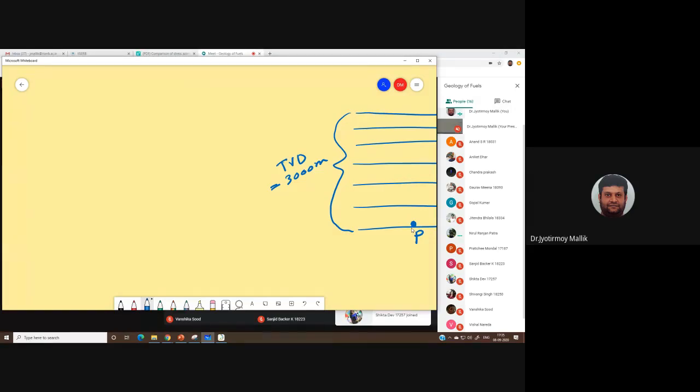For example, you are standing at a place, and for the sake of argument, I am putting one brick after another on the top of your head. I am not going to do it, but what would you feel? The weight of the brick, right? Yes, sir. The weight of the brick. So if you are sitting at this point P, what would you feel? The weight of all the rocks above. So the first thing you will feel, of course, number one, is the weight of the rocks.